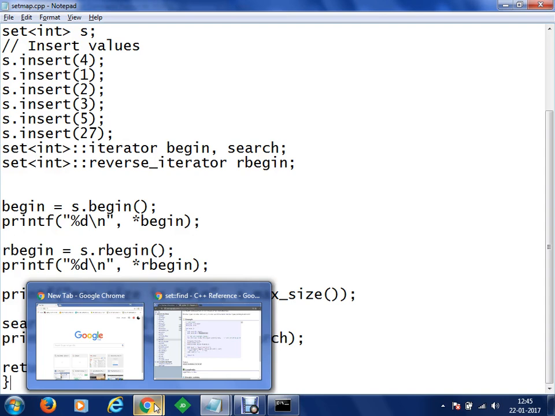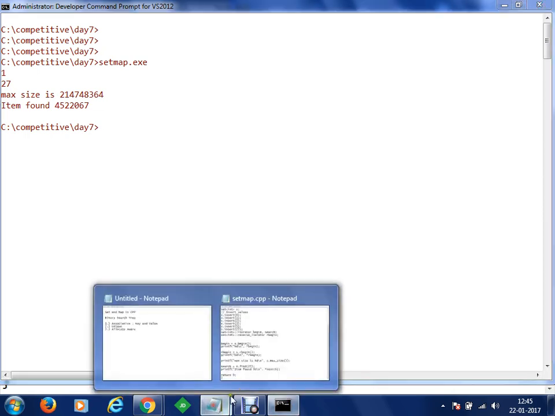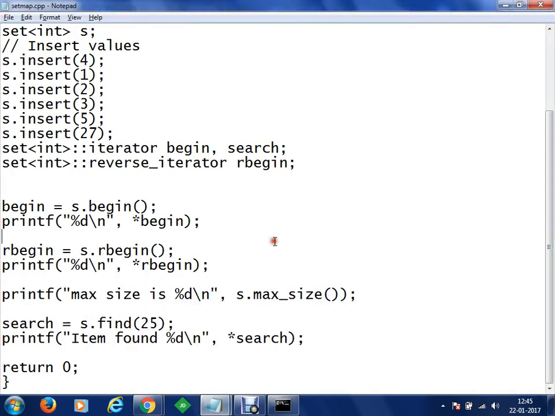So this is the thing. Lower bound and upper bound you will be able to find. Lower bound, upper bound में भी actual value ही return करता है where it is found. So now let's say we'll get something like this. Let's say we will search for 5.